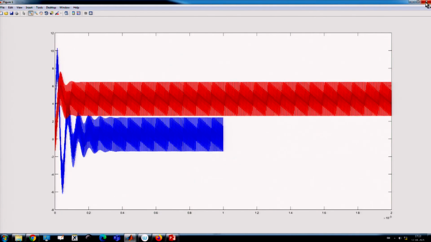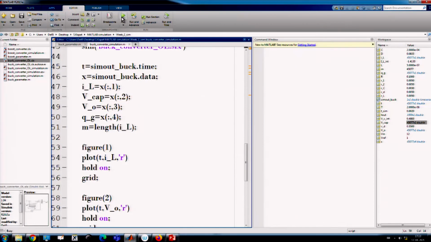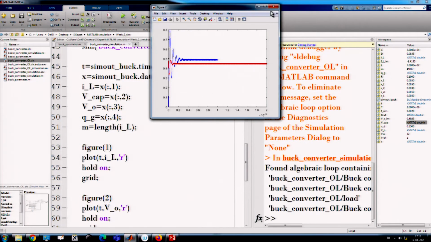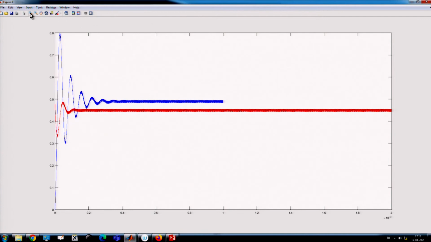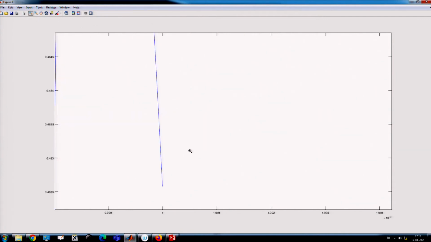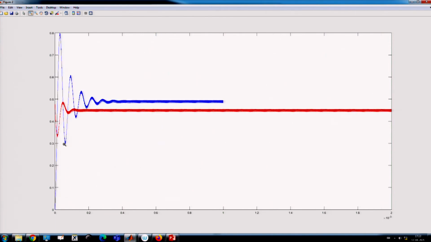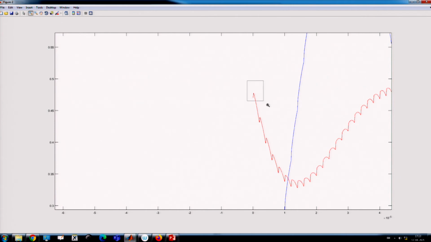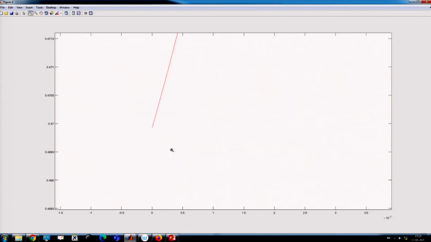So, that means we can see some drop. If we run again, we will check there is some drop in the output voltage, the final value is around 0.4825, whereas the initial value of the next simulation is something different.